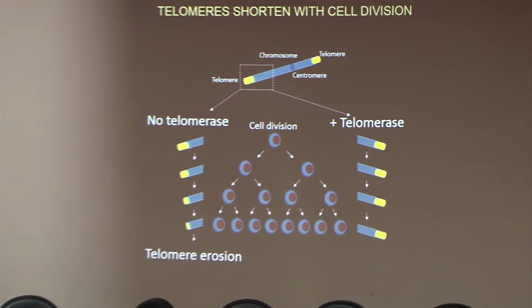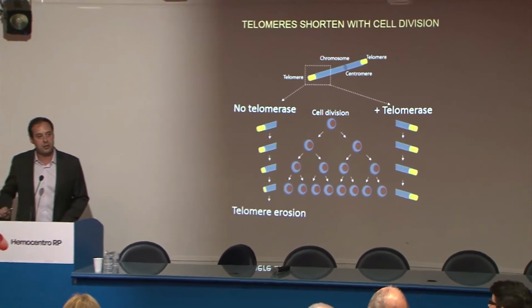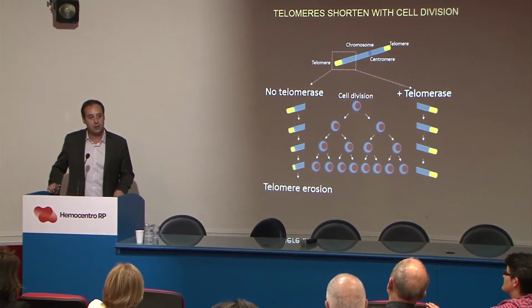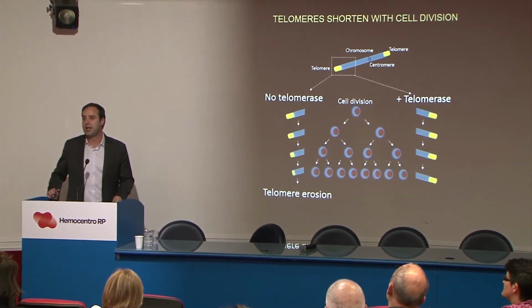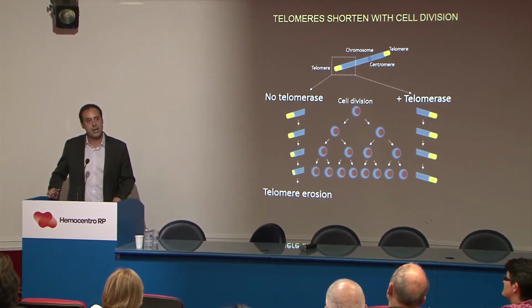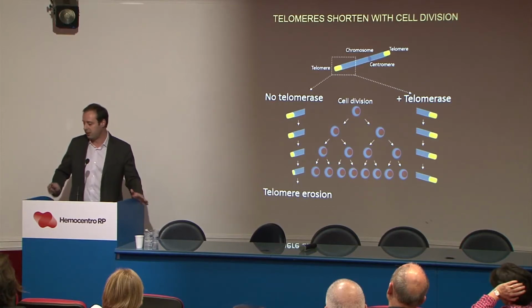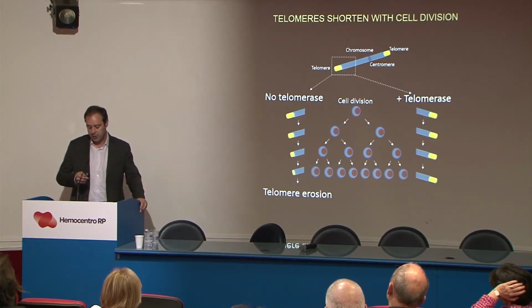And this is a fundamental process in eukaryote cell biology, that when the telomeres get too short, it activates p53 and p16, and it activates senescence and apoptosis, and so the cell stops dividing and may even go